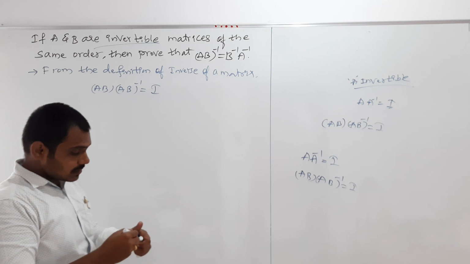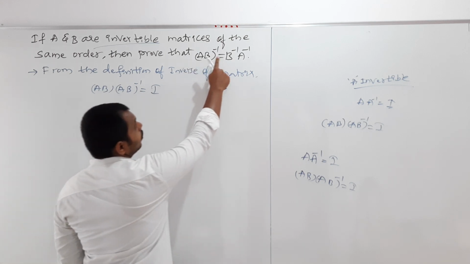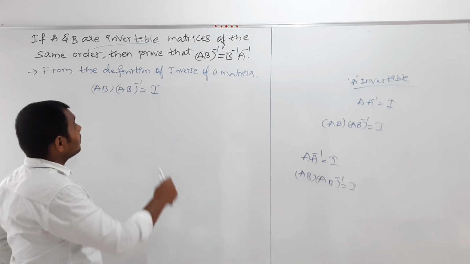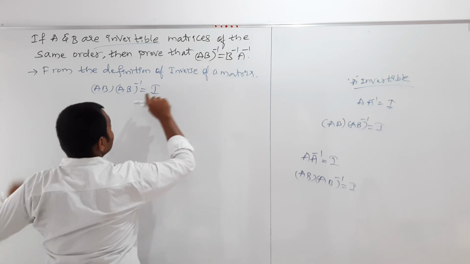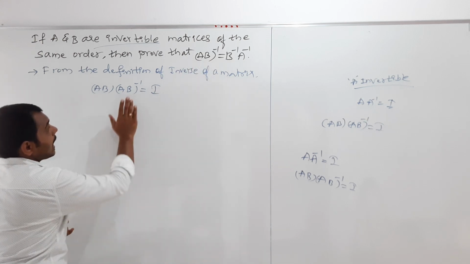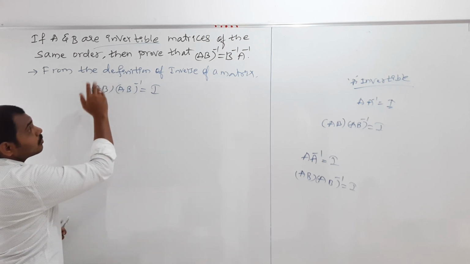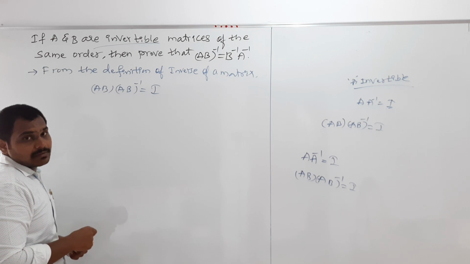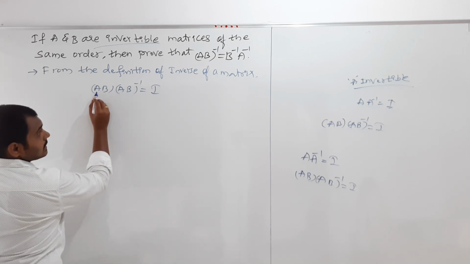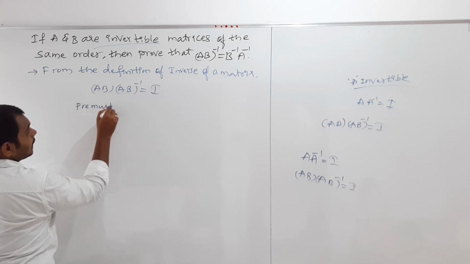After writing this, my students, what is my aim? I should prove that AB whole inverse is equal to B inverse into A inverse. Keep in mind, always in the LHS part we should get AB whole inverse, so I will keep this AB whole inverse as it is. But my aim is to remove this AB. How should I remove it? To remove this A, what I will do? Pre-multiply